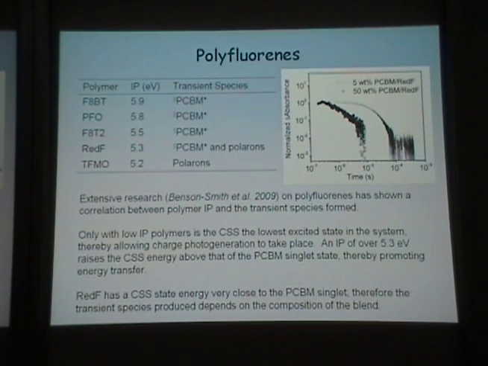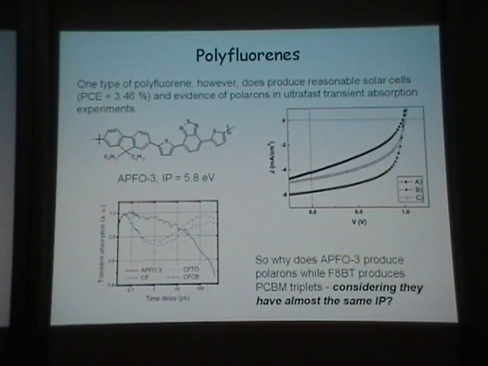So essentially what this means is that for this particular polymer, the charge-separated state energy is virtually the same as the PCBM singlet. So when you add that additional PCBM, that increases the spatially averaged dielectric constant of the blend, so that slightly lowers the energy of the charge-separated state. So in that case, you're able to get polarons. So the work,